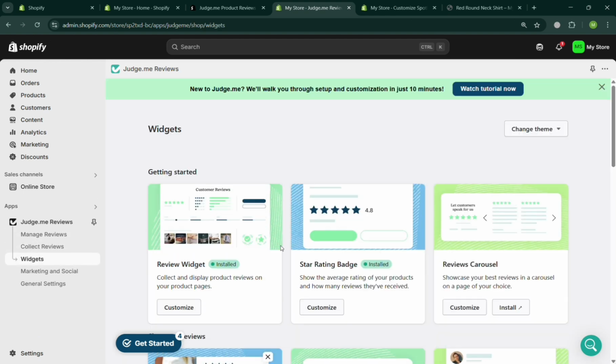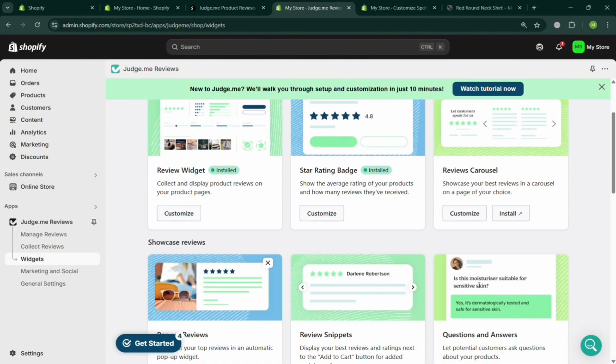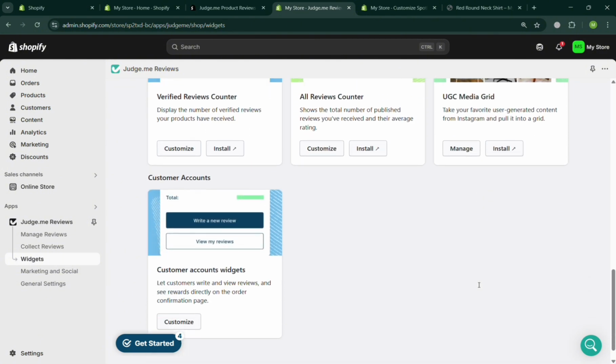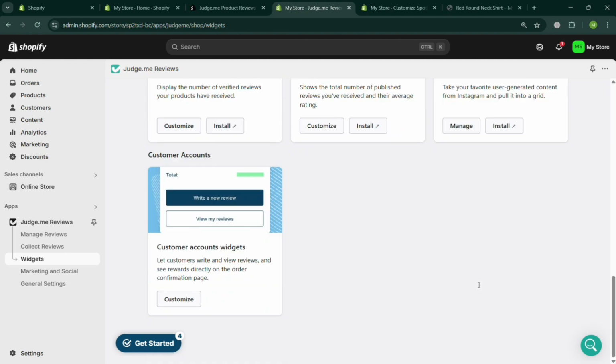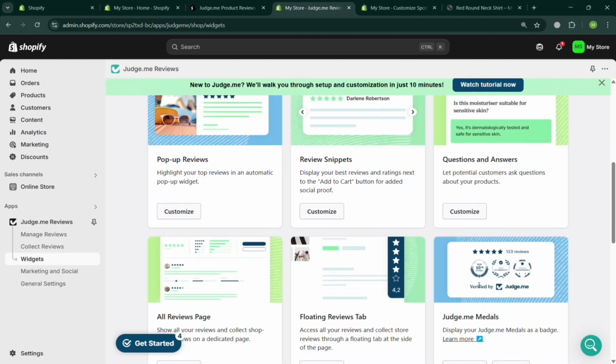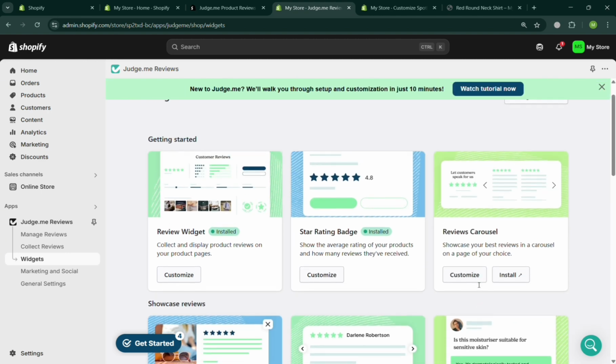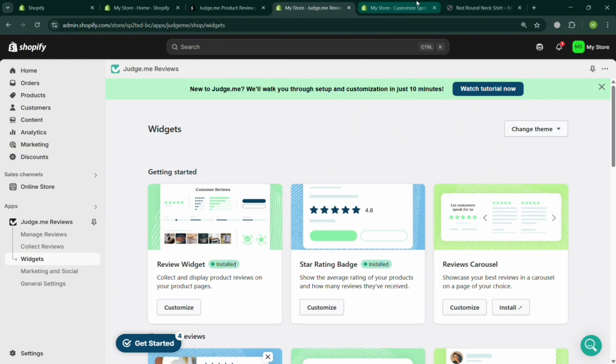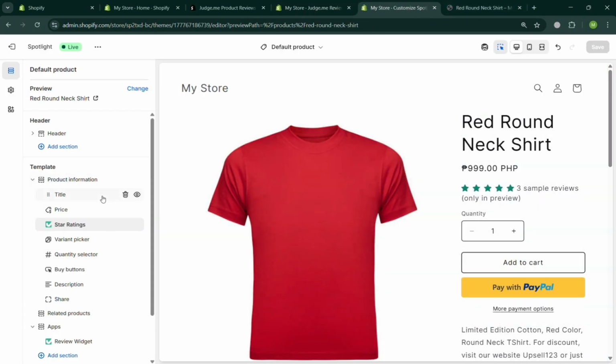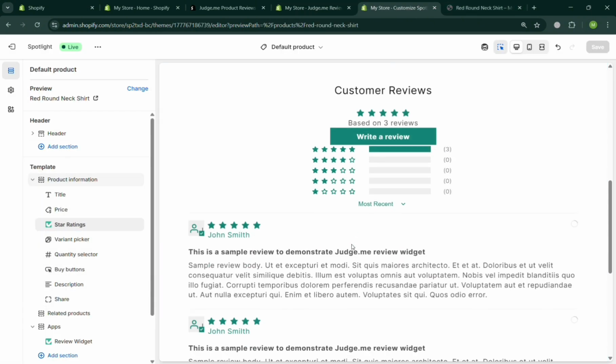While under widgets, you could also select here to customize the review widget, star rating badge, and review carousel. Now aside from that, on the left side panel, you could also navigate some other options. We have here also this marketing and social, general settings, and any other options to navigate. But going back to this, it will show you that we have now successfully added the rating and also the review,